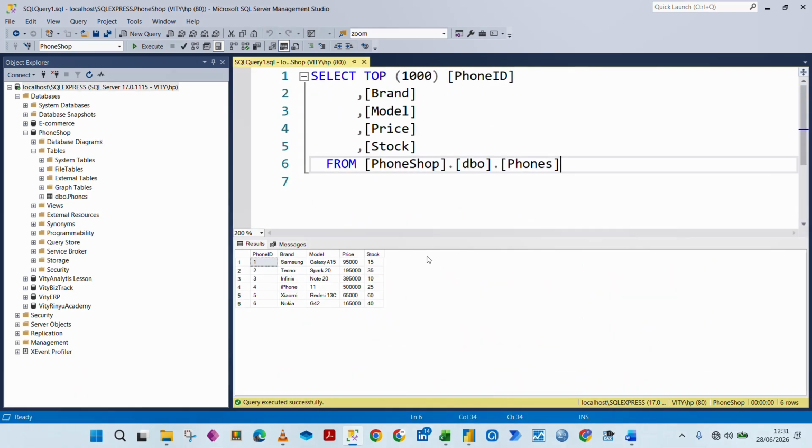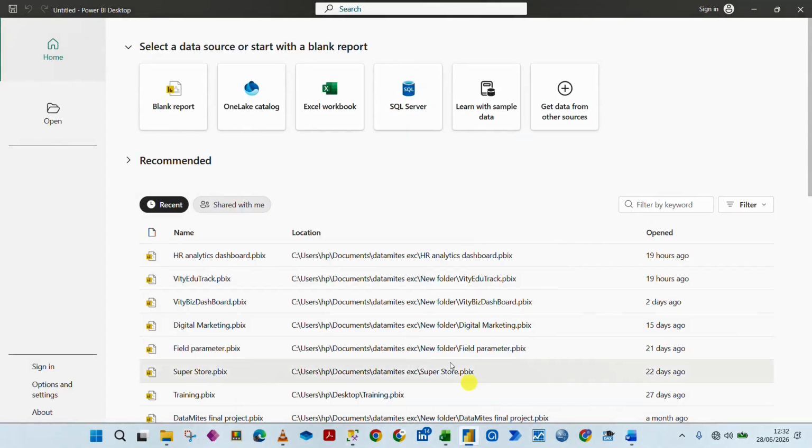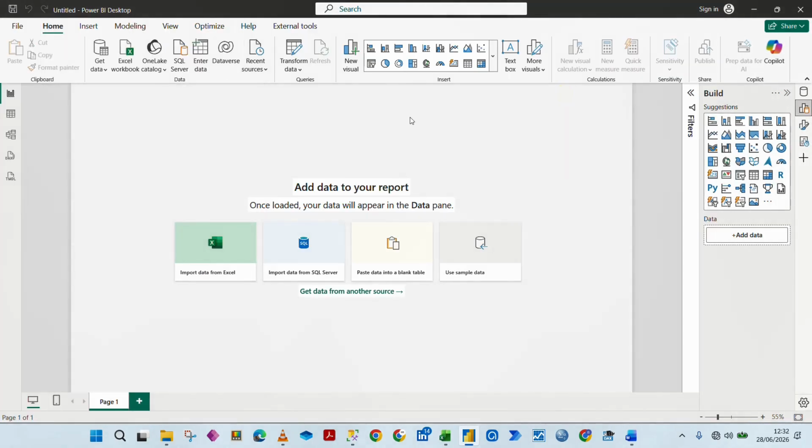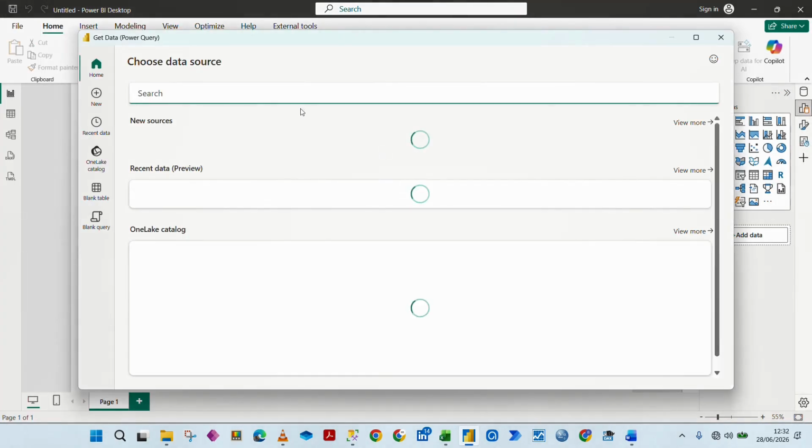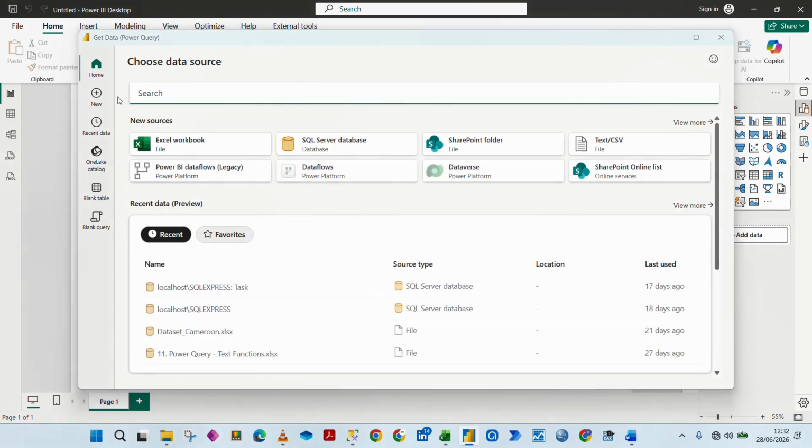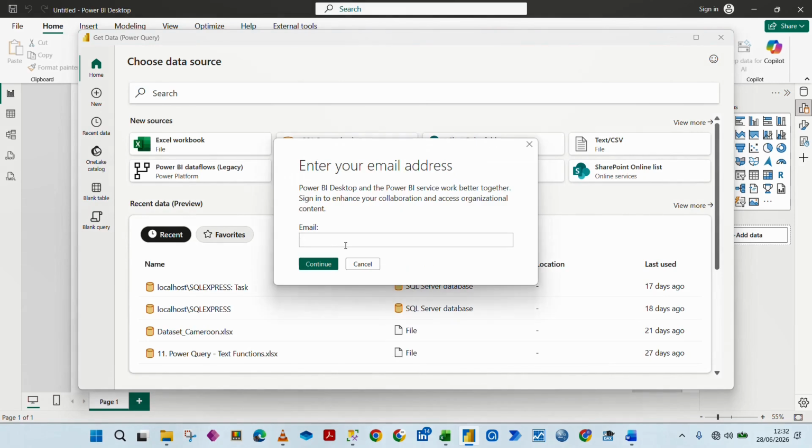Okay, so let us just connect our small table to Power BI, and then do a small report to show to the management. So here we are in Power BI. We're going to go to get data, and then where are we going to get this data? We're going to get it from